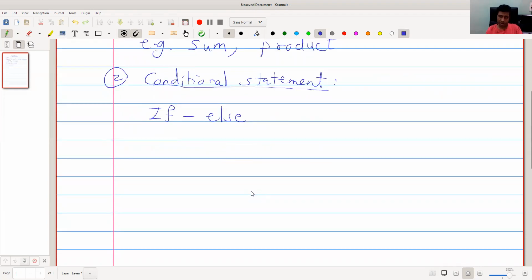Now, what are the properties of a good research program? Writing a good program.